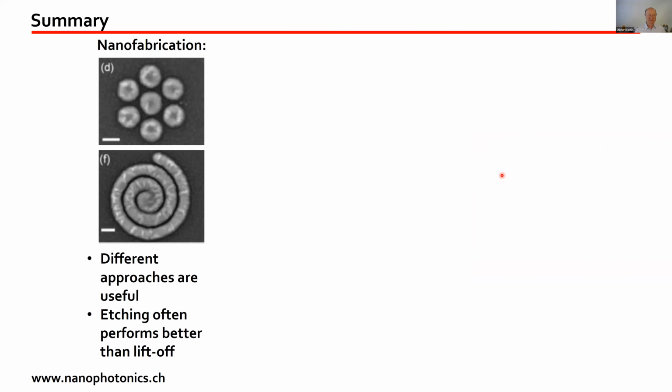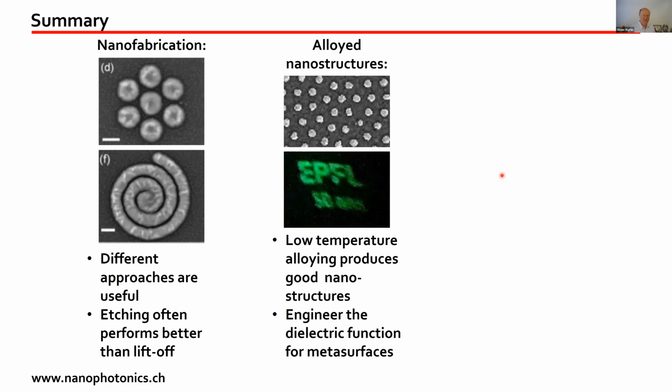So this brings me to my summary. I've tried to show you that it's also interesting to question the way one fabricates nanostructures, and maybe there are other approaches than the very standard one, which, for example, liftoff, and maybe etching is superior for a specific application. I think the bottom line is there is not one size fits all in nanotechnology. It's always important to try to think about different things, and often with the same equipment, you can fabricate with different approaches. If you can do that, then you can make some funny